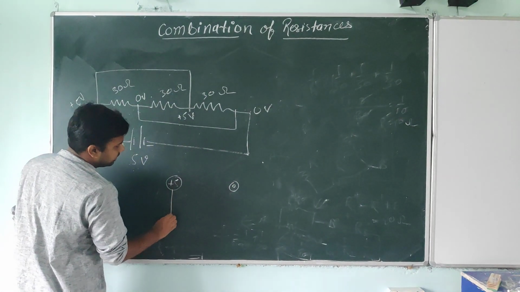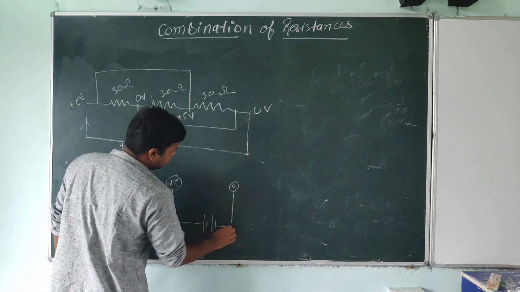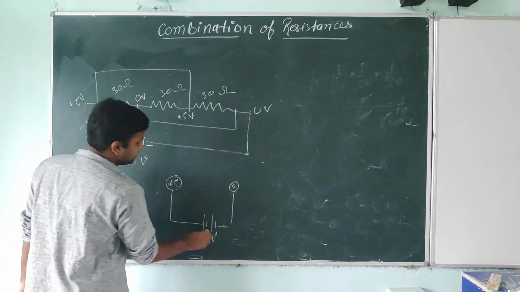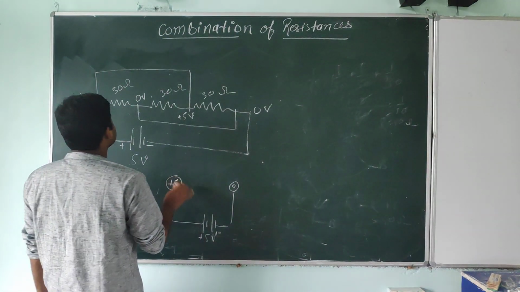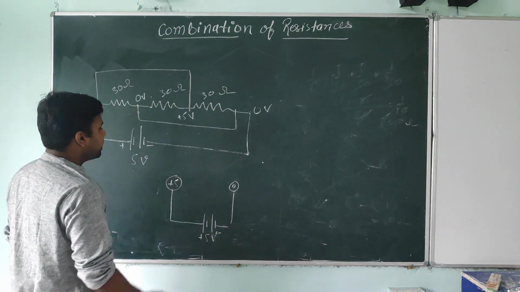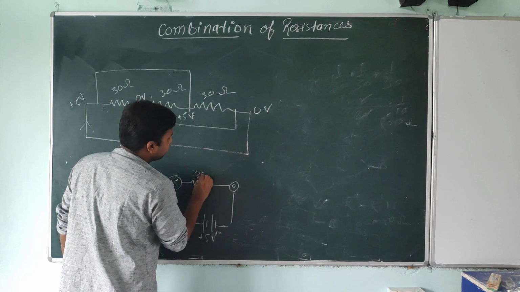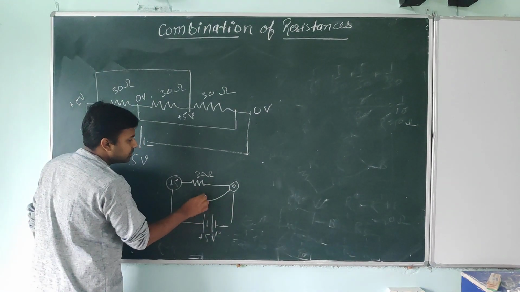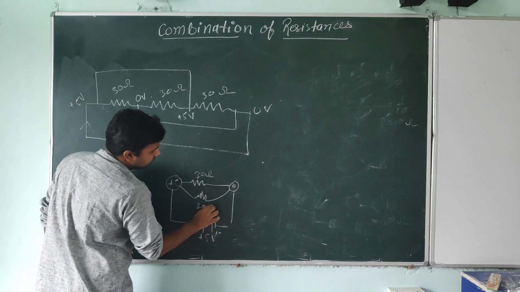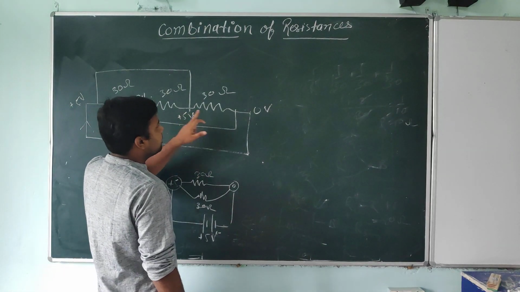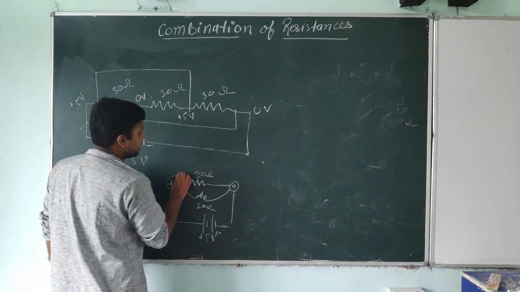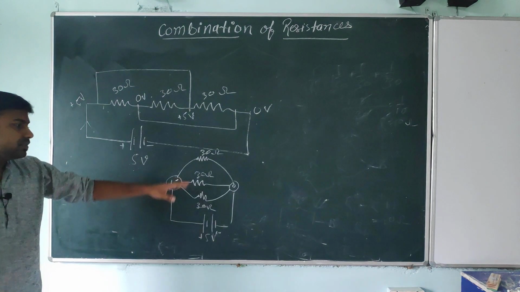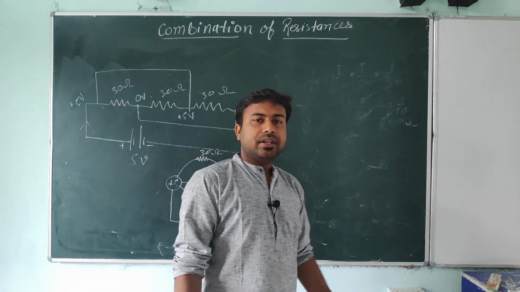Okay, and the battery is connected like this, is it or not? This is the plus 5 volt battery. This is the positive terminal, this one is the negative terminal. So look at this, student, between plus 5 and 0 there is one resistor connected, and that's the 30 ohm resistor. Again between 0 and 5 volt there is one resistor connected, and that's again 30 ohm. And here between 5 and 0 there is one resistor connected, and that is the 30 ohm resistor. Now look at this, these 3 resistors are looking like they are in parallel.